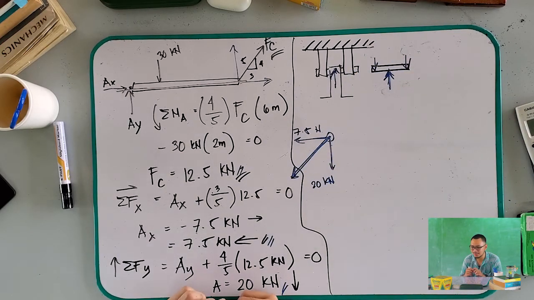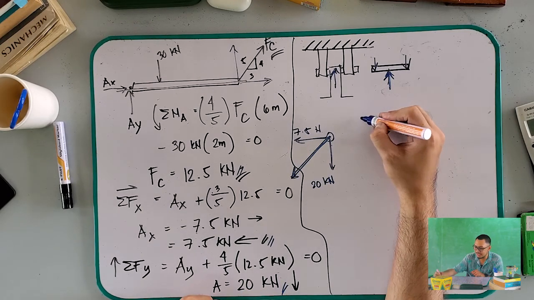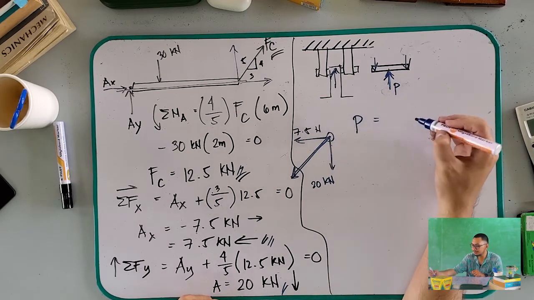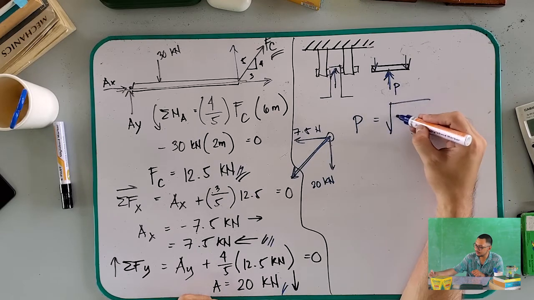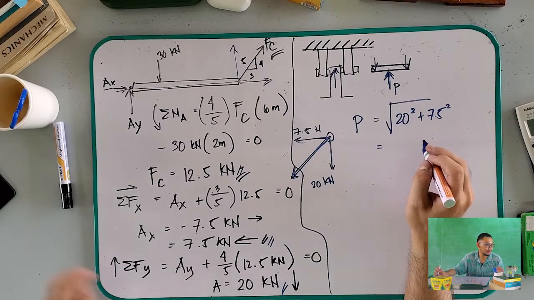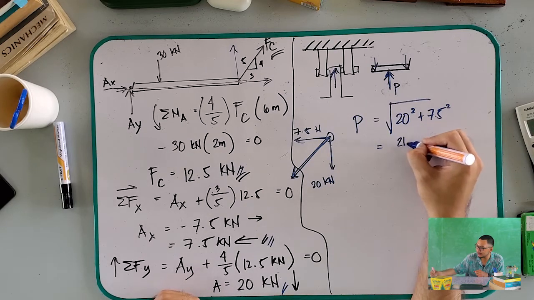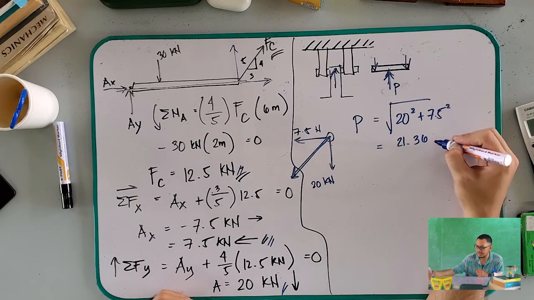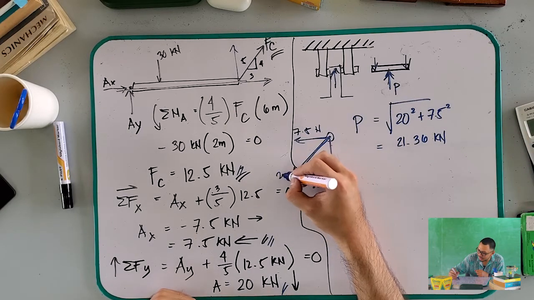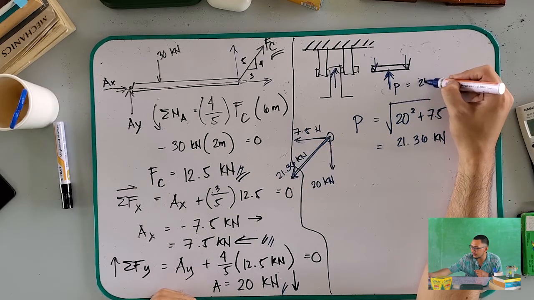So how do we get the resultant? We will use the Pythagorean theorem. So, let's say P, we will just call this P, is equal to the square root of 20 squared plus 7.5 squared. So, we have a force of the value of 21.36 kilonewtons. And that is actually the value of this one, 21.36